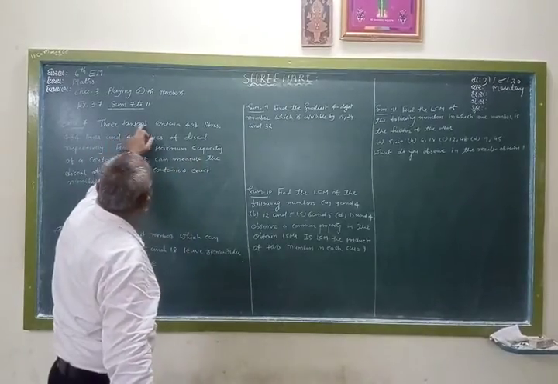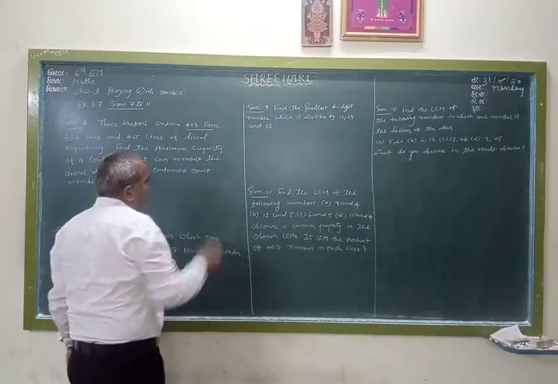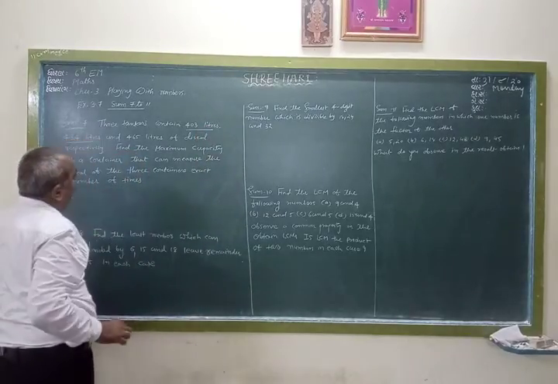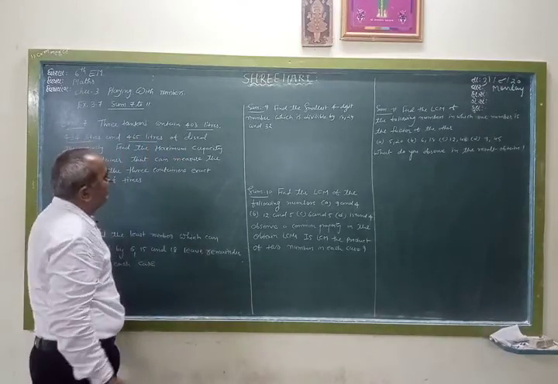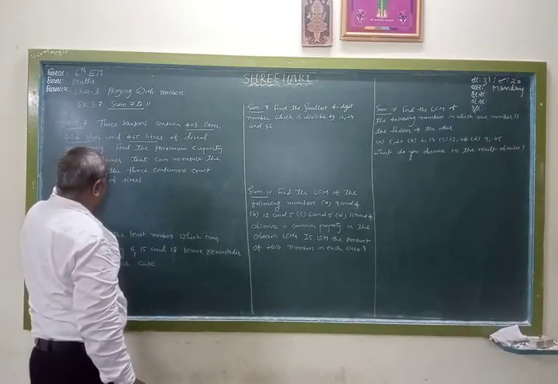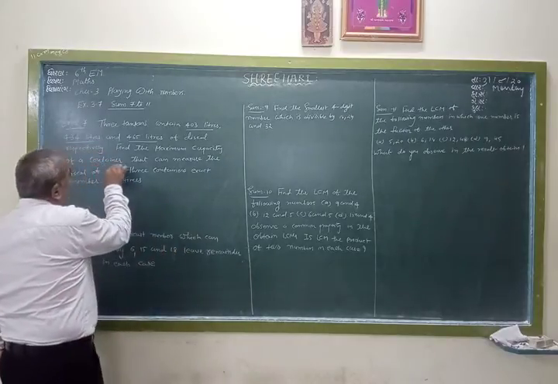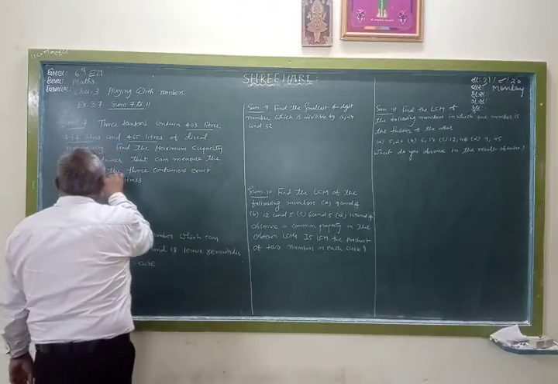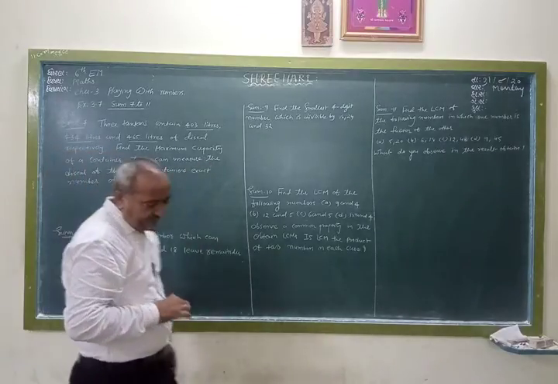Now 3 tankers contain 403 liters, 434 liters and 465 liters of diesel respectively. Find the maximum capacity of a container that can measure the diesel of the 3 containers an exact number of times. Means,